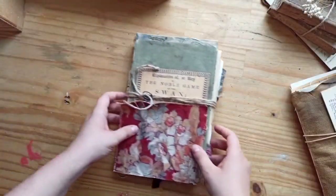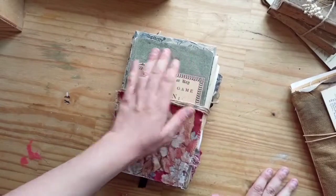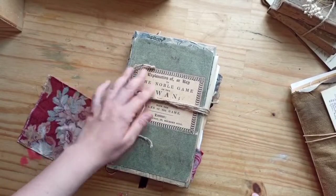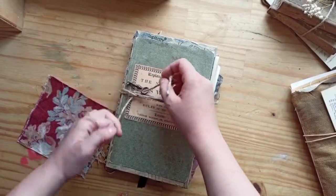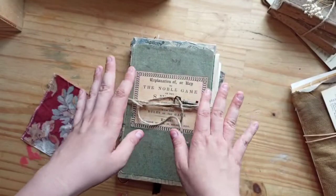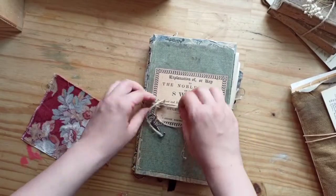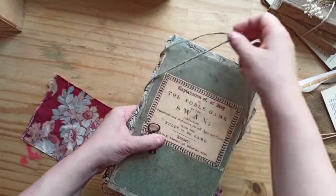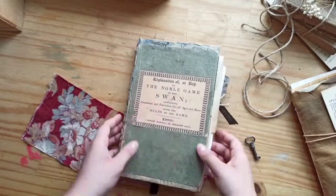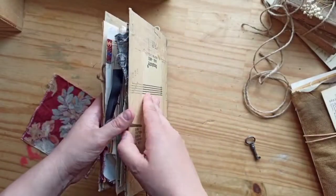And then the second notebook was made out of a book cover from one of the Graphics Fairy images. And this was really simple to make. I just used 2 pieces of cardboard. This was a book initially, and I just removed the spine and added some pattern paper on both sides to cover the edges. And then I added this beautiful printable from the Graphics Fairy. The back here is made with some